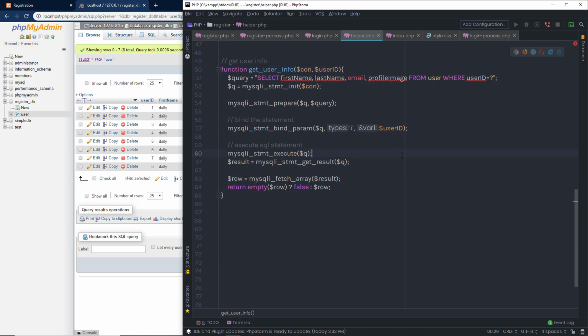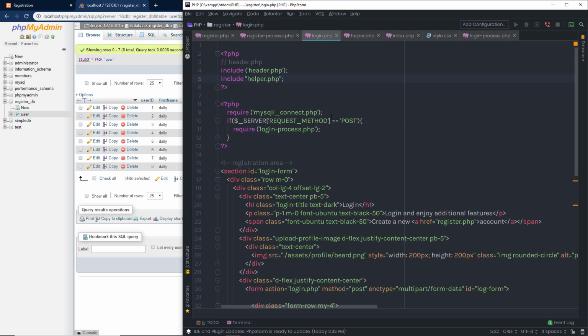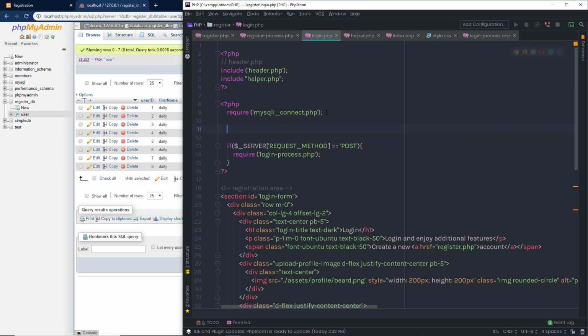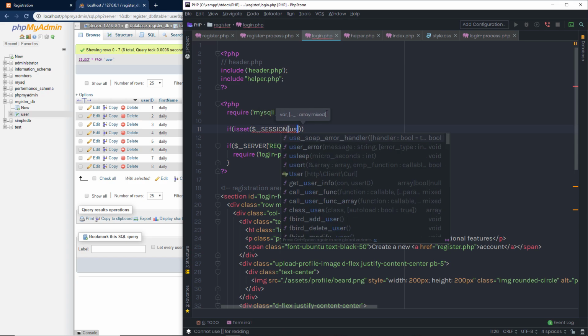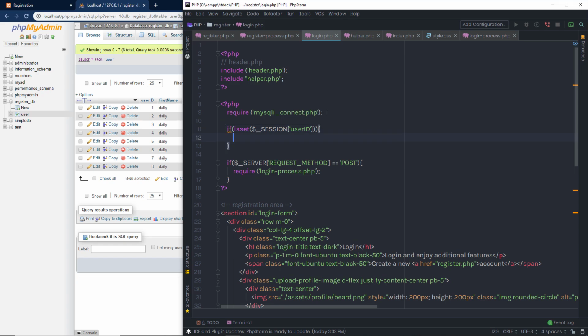Now we can get the user information using this function. So we have this function in the helper.php file. If we just open the login.php, we already included this helper.php, so we can use this function in this login.php. So I'm going to just use that function. Just after this require statement of MySQLi connect, I'm going to say here if is set, and here I'm going to call a session variable user ID in the single quote, and then I'm going to create a variable user which is type of array. So I'm going to create this variable up here,